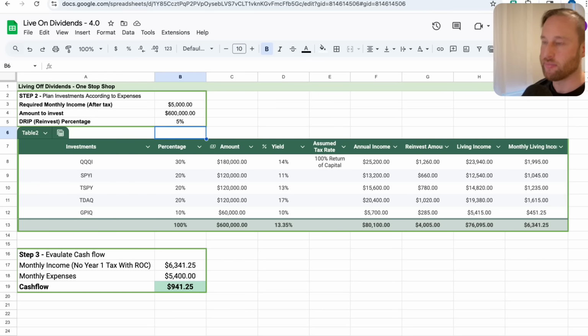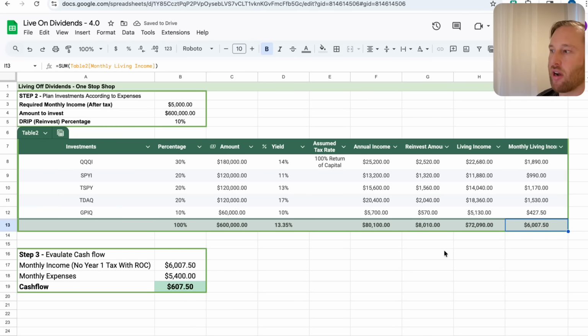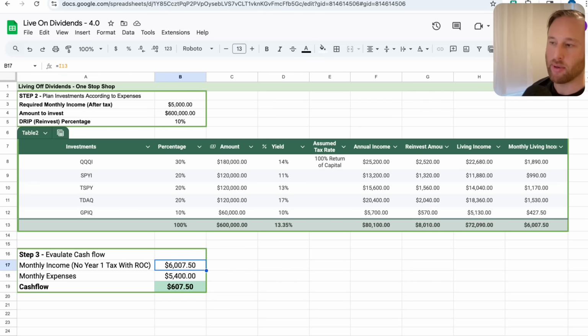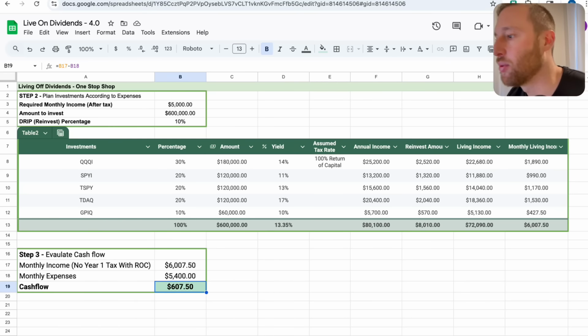It comes with risk. Okay, so we're going to choose 600K in this case. It is a lot of funds to allocate, but 600K gives us room to drip 10% and still have $6,000 to withdraw to live on, right? So we'll have $6,000 coming in monthly, $5,400 in monthly expenses, and $600 extra cash flow that we can either invest in other assets, or reinvest in this, or do what we please with.